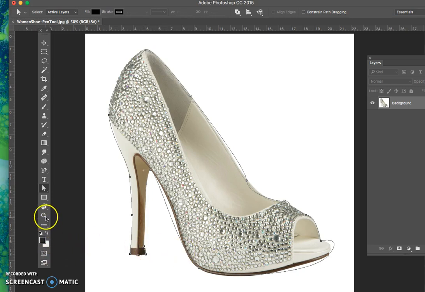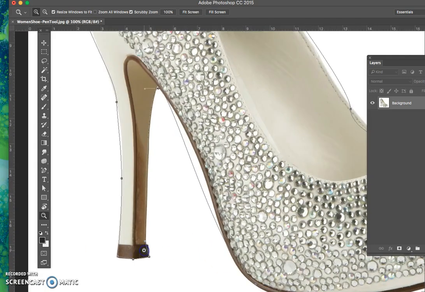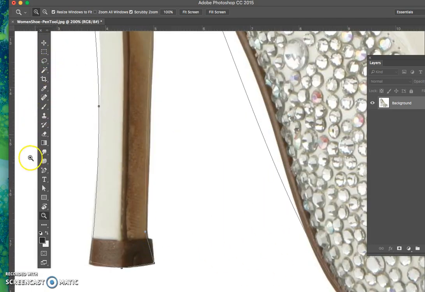Okay, I can see down here I need to add one also. I'm just going to blow up on it so you can see it better. It's always easier to look at it close up. I need to add a point. And then I'm going to take my point, pull it out here, and then close up on my